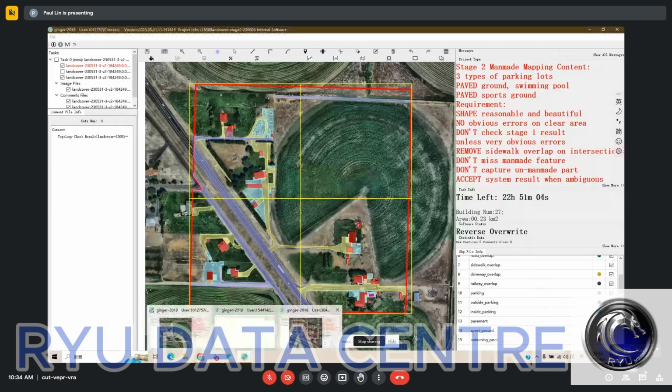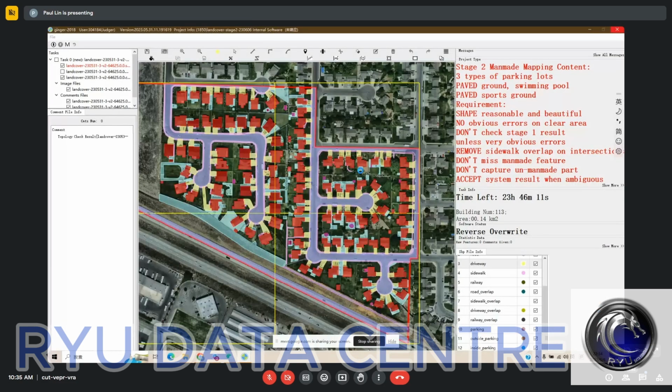And lastly, if you see a very obvious wrong result of the stage one,